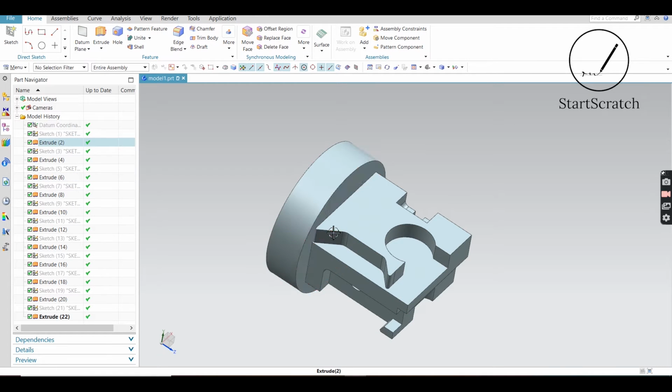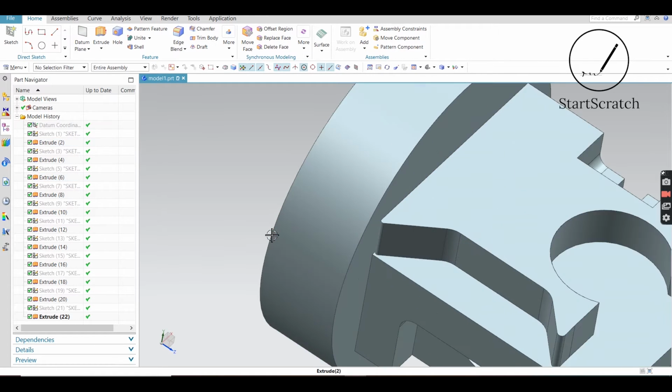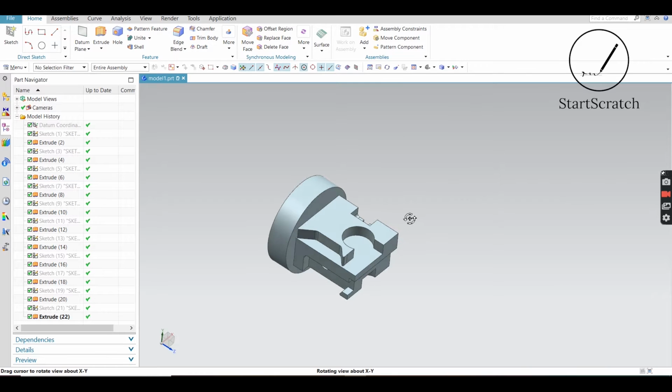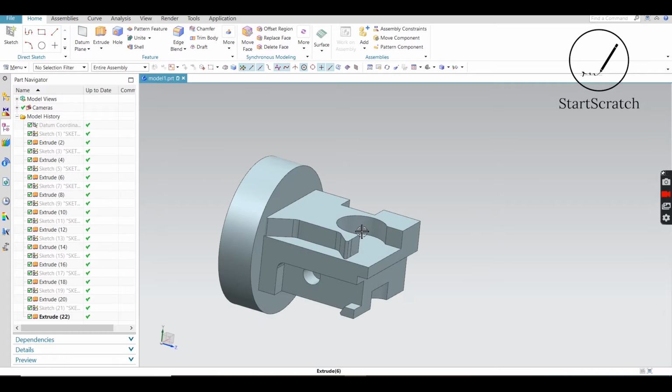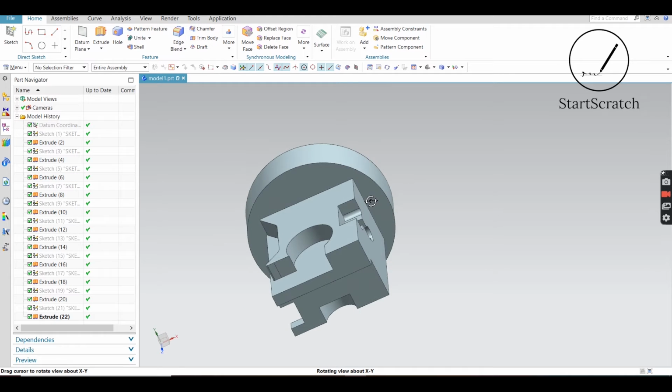This is an initial design which is taken as a reference. We would be creating this design from the blank surface, that is the workpiece, which might be a hollow cylinder or hollow cube, that would be machined through this process. This would act as a reference.